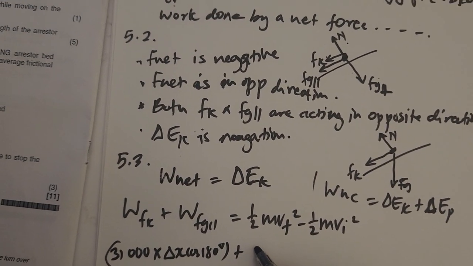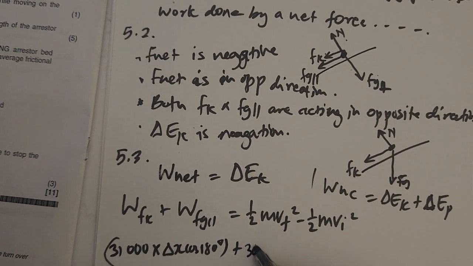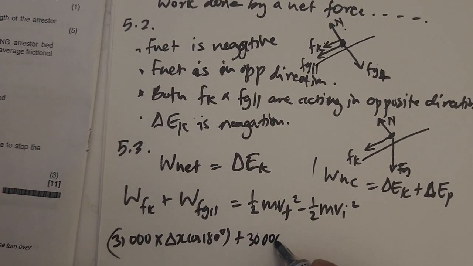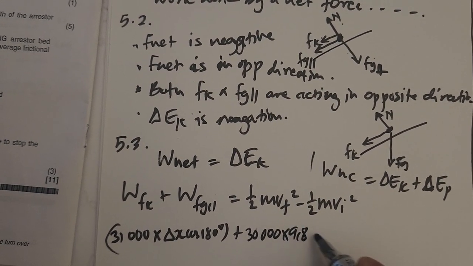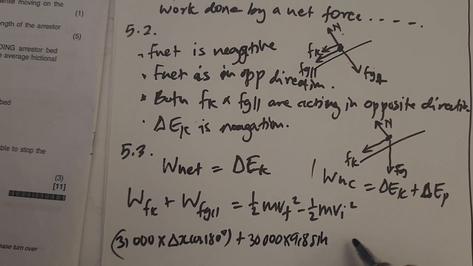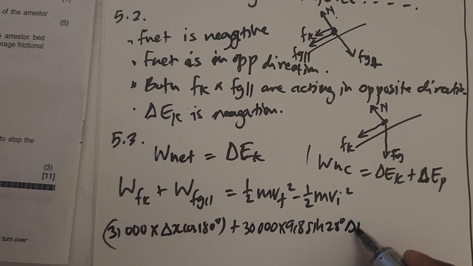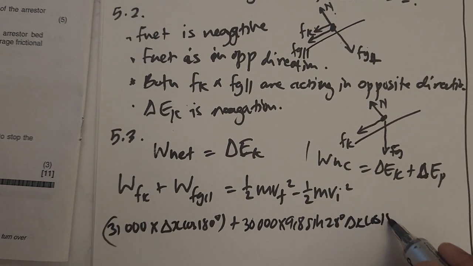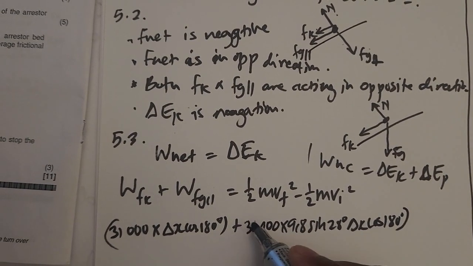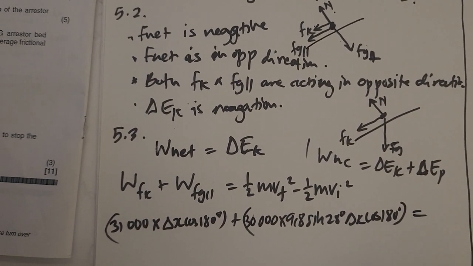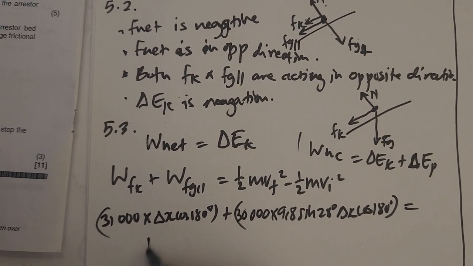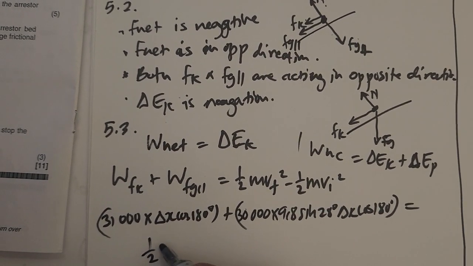It will be the mass, mg, which is 30,000 multiplied by 9.8, sine of the angle we are given, 28 degrees, and then delta x, cosine of 180 degrees. So equals to, the right hand side will be half